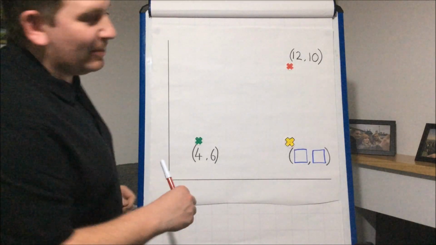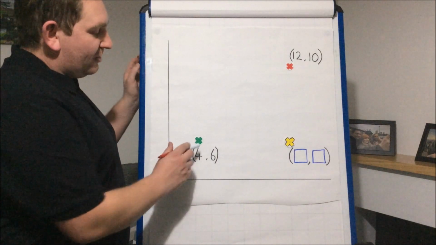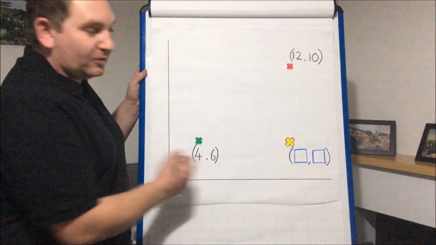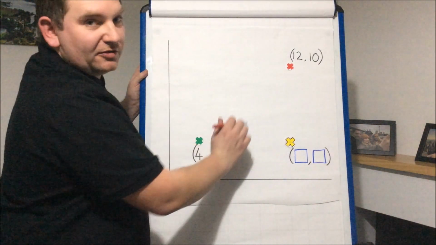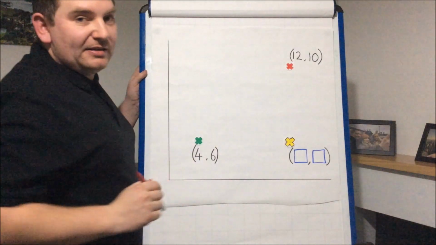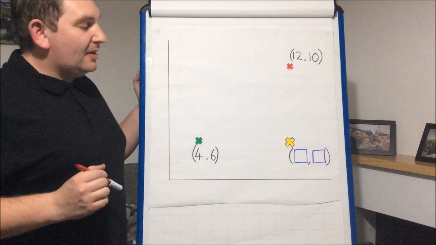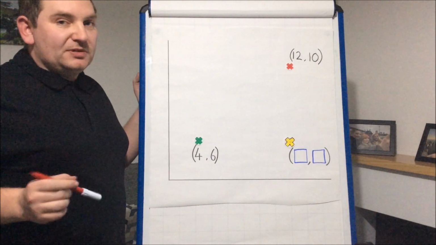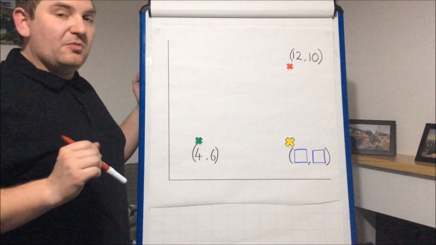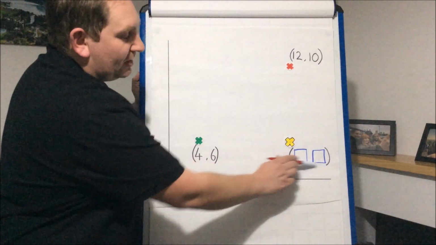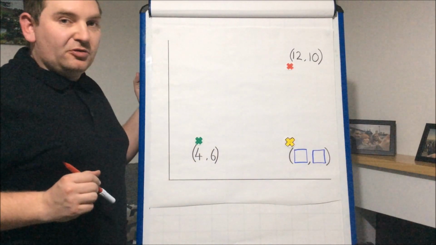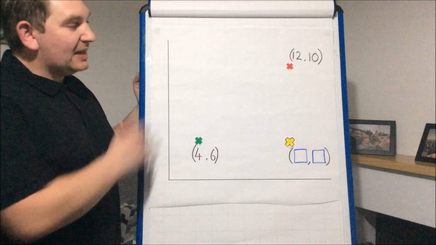Okay, so here we have a little bit of a challenge. We have a green cross which has the coordinates 4, 6. We have a red cross which has the coordinates 12, 10, and we have a yellow cross with no coordinates whatsoever at the moment. So I would like you in a moment to pause the video and have a think to see if you can work out what the coordinates for this yellow cross would be, using any information we have here already,